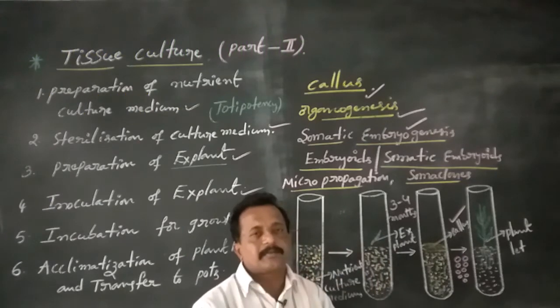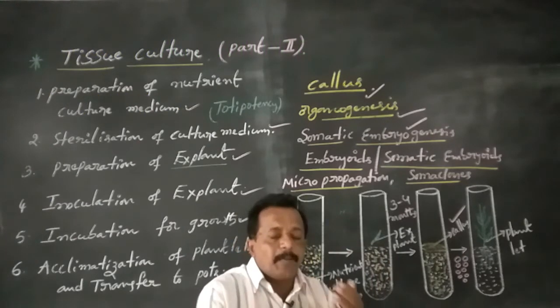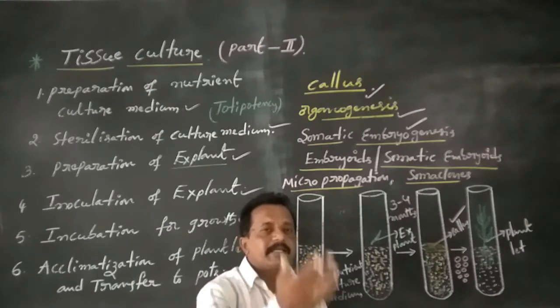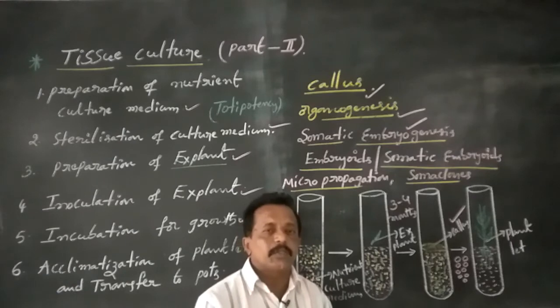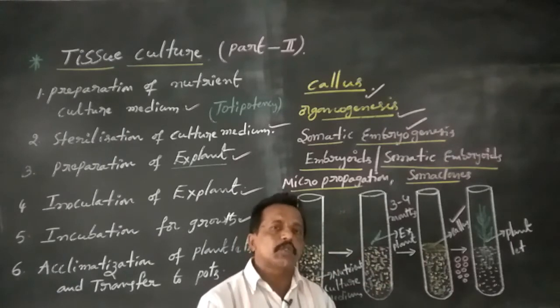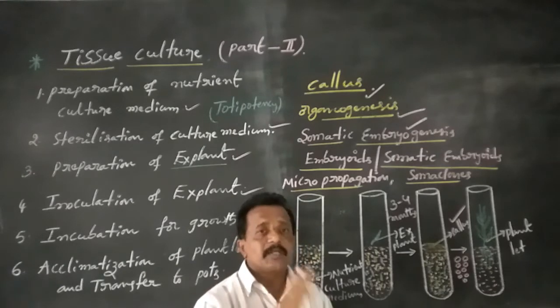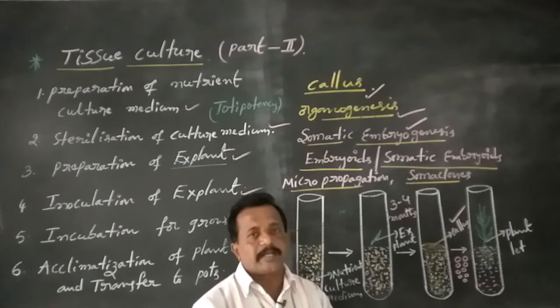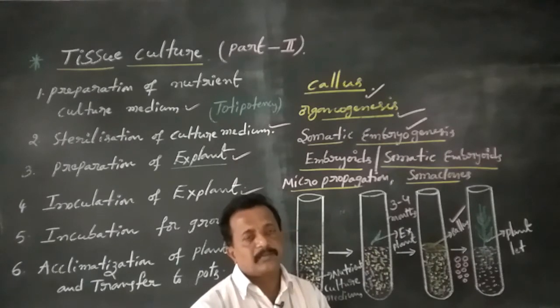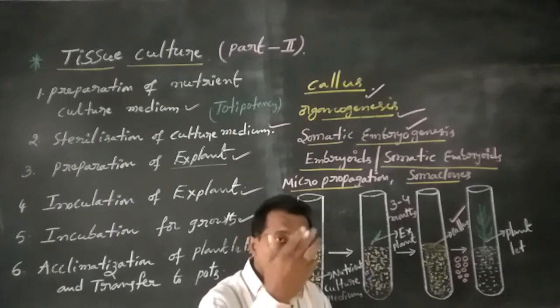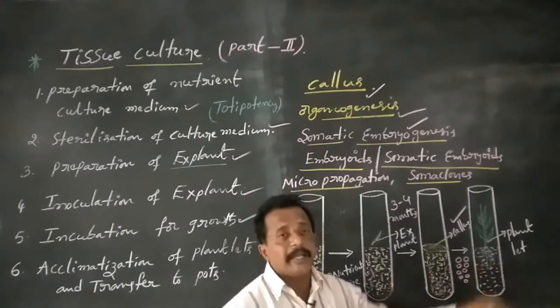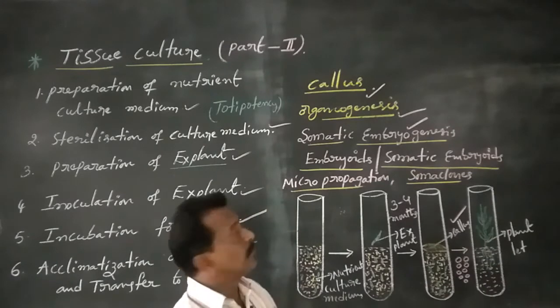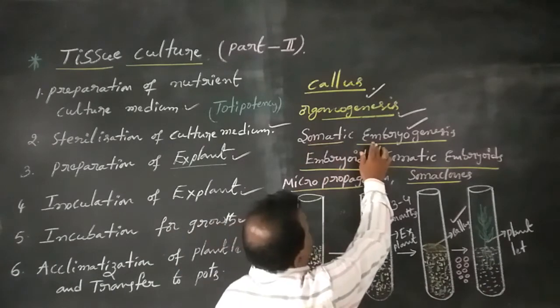In their callus, mainly the plant body organs: the first is root, the second is shoot. First plant body organ here is root, second plant body organ here is shoot. These are the main plant body organs: root system, shoot system, and also leaves. So here are some of the growth regulators involved in developing a new plantlet. So next one here, somatic embryogenesis.